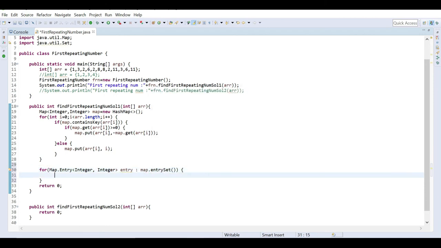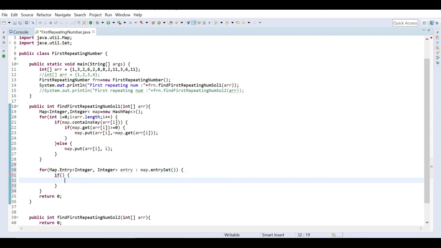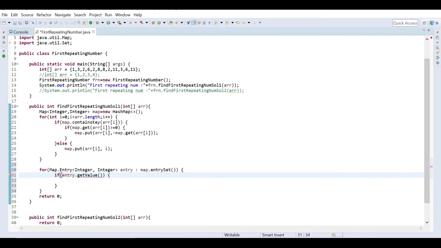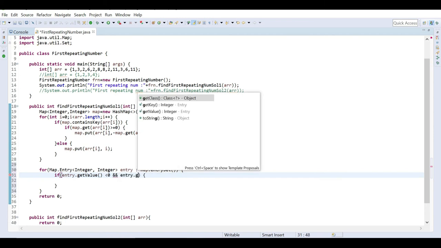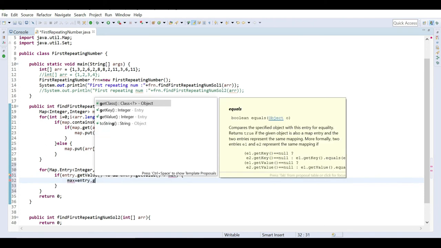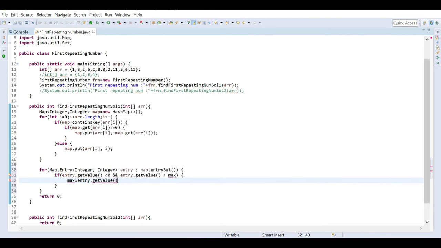Here we have to check if entry dot get value is less than 0, meaning it is negative, and if the current value is greater than max, then we have to change max to entry dot get value.